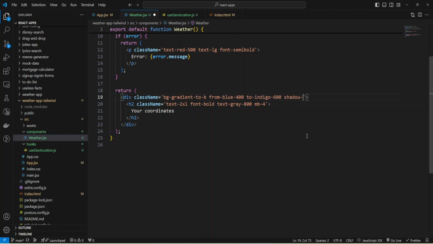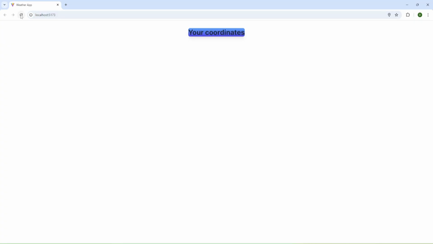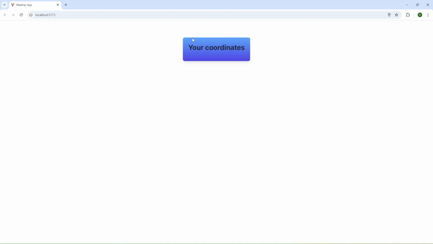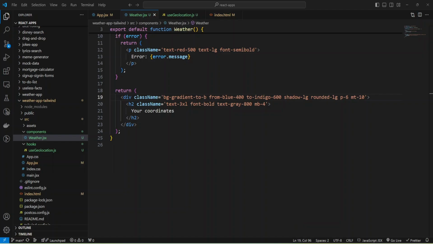Let's make a shadow, and also make some rounded div, and probably let's increase the text. Okay, and we need to add some padding 6, and let's add margin top 10.